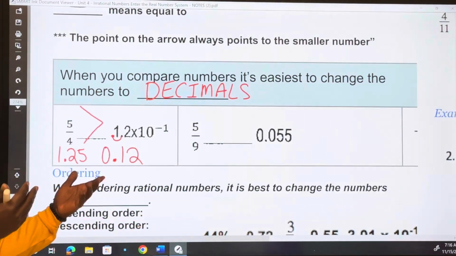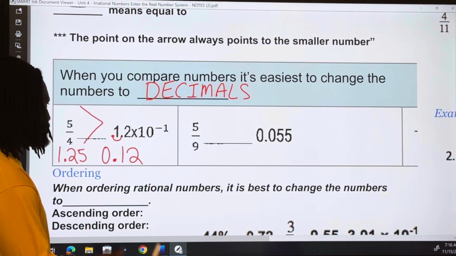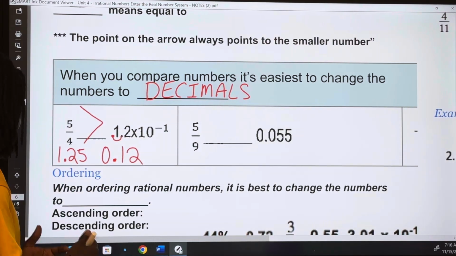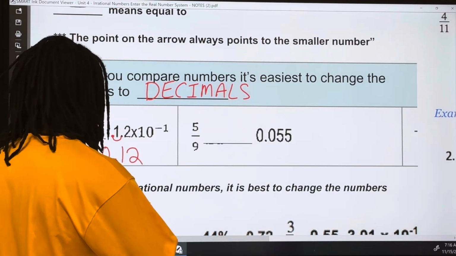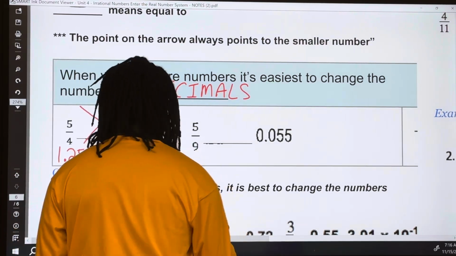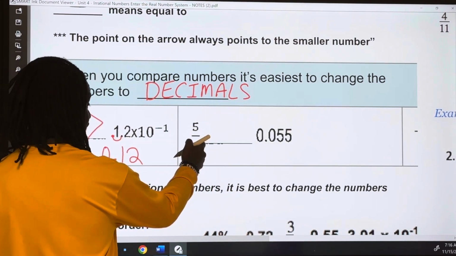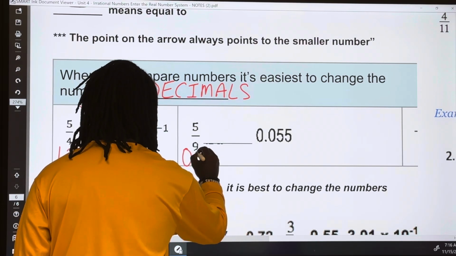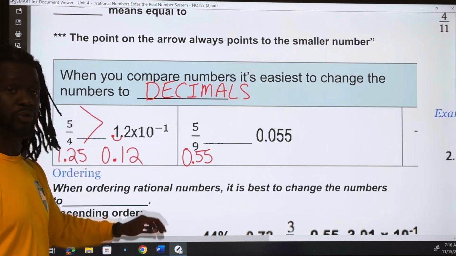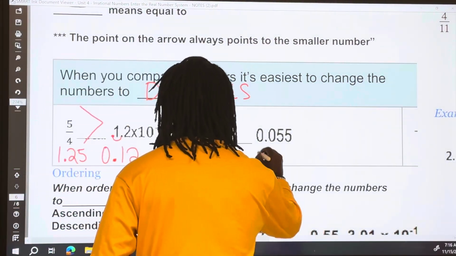You can pause it, or you can watch me do it. 5/9, I'm gonna need to convert that into a decimal, all right? And so when I do that, 5 divided by 9, that's gonna give me 0.55. Again, if you don't know how to compute that, just use your calculator. And then I'm gonna do